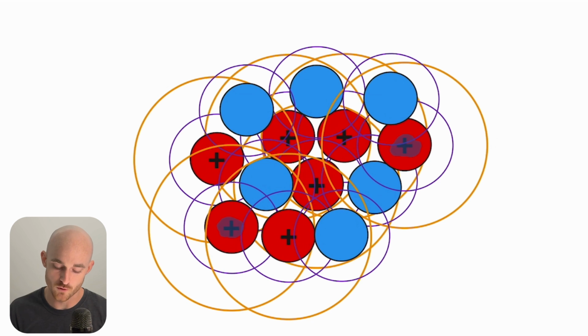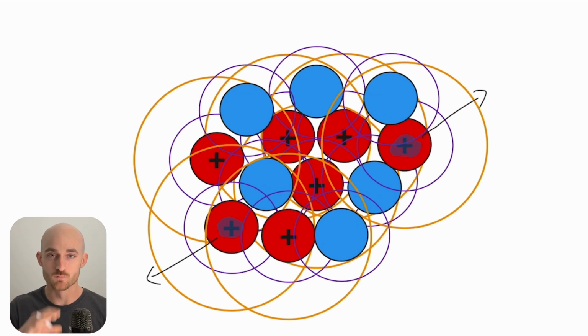So since these two protons are further apart, they are repelling each other due to that electrostatic repulsion, but they are not attracted to each other because they're too far away for the strong nuclear force to take action. What this means is that this proton is getting pushed away by that proton and vice versa. And this repulsion that's happening within this nucleus makes it more unstable. And the larger a nucleus gets, the more unstable it becomes because of this. So for nuclear fission, we want to use larger nuclei to split, and for nuclear fusion, we want to combine